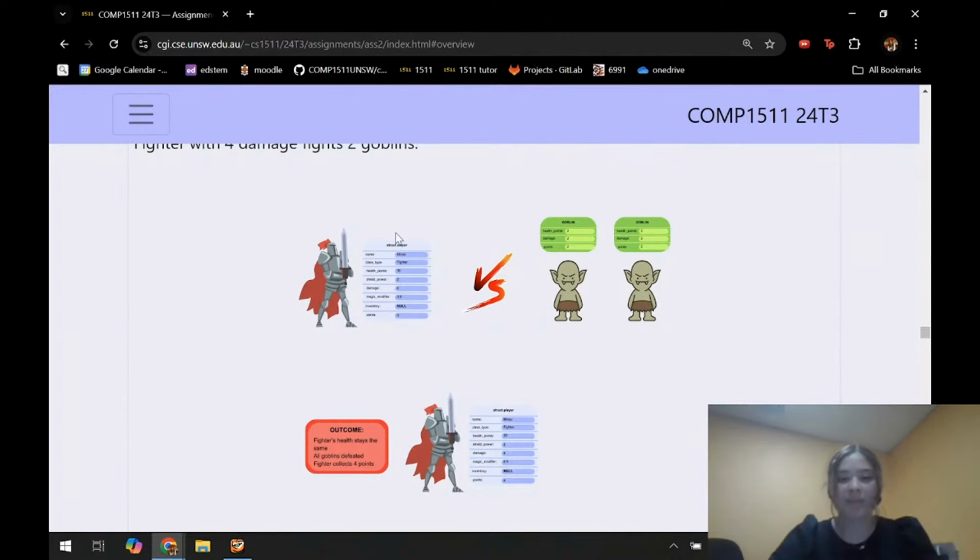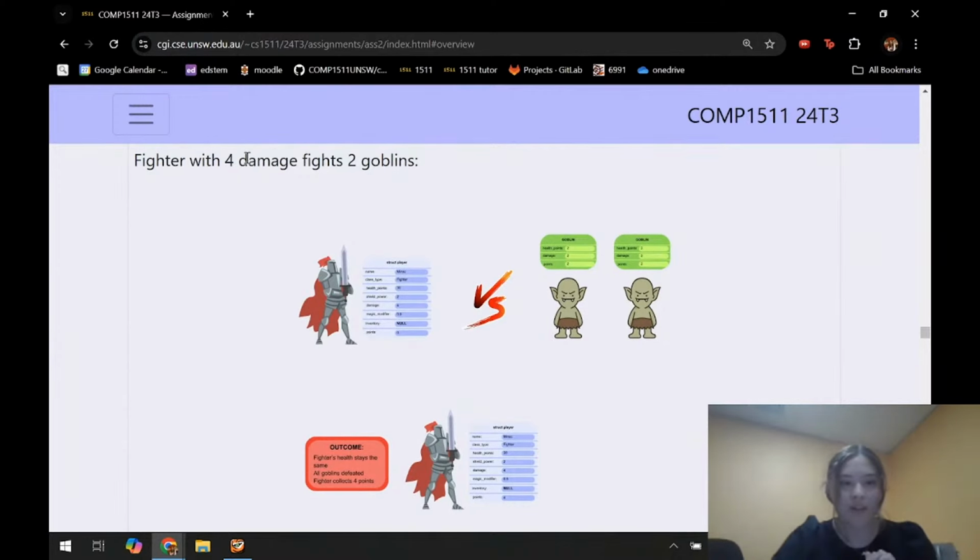But let's say we have our fighter here. So they're a fighter, and let's say they do 4 damage. So up here, they do 4 damage. And they want to fight 2 goblins. So to defeat those 2 goblins, the player will do 4 damage. The goblins have 2 health points each, so the fighter will defeat all 2 goblins. So at the end, the fighter's health stays the same because the goblins were defeated before they could fight the player. So the fighter doesn't lose any health, and all goblins were defeated, and the fighter collects 4 points because,